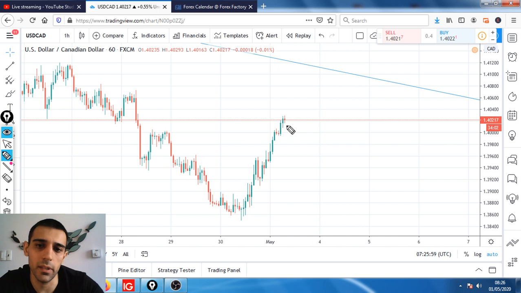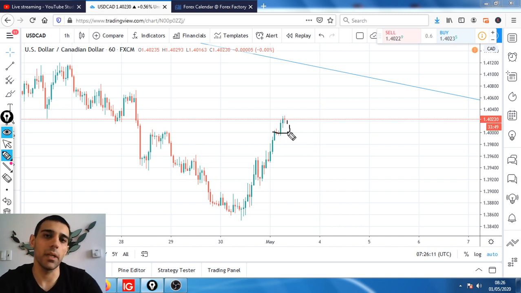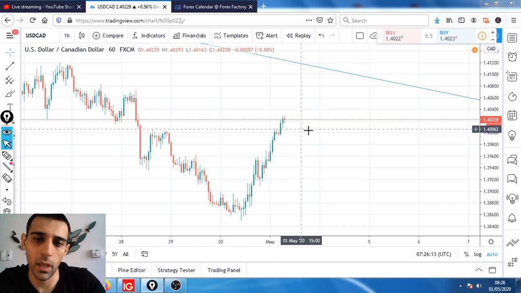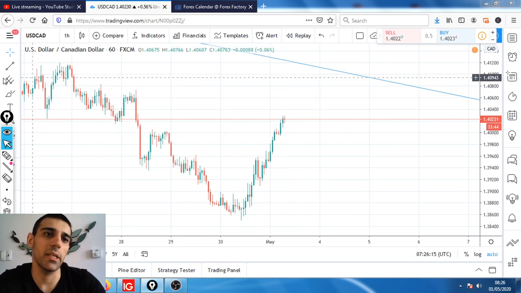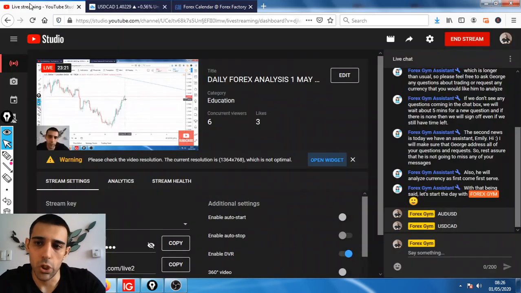Ideally it does it on the next candle or the following candle, so about the 10 o'clock candle, and then comes down to here, and then we can use that one to get on and run it towards the upside targets I mentioned earlier. So these were the two currencies so far.